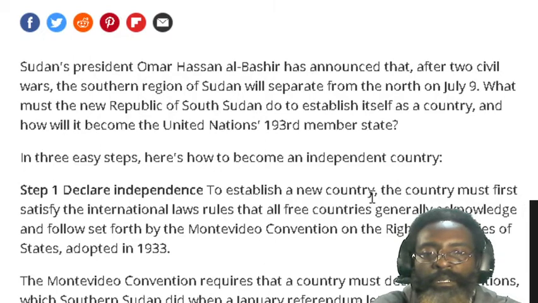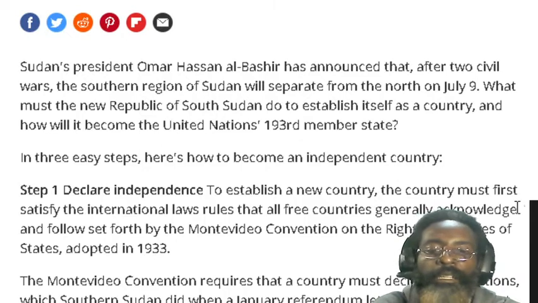It did not say the country must; it says rules that all free countries generally acknowledge. That's a key phrase right there. Generally acknowledge. So they generally acknowledge it, but it's not a requirement if you're free after you've declared independence.